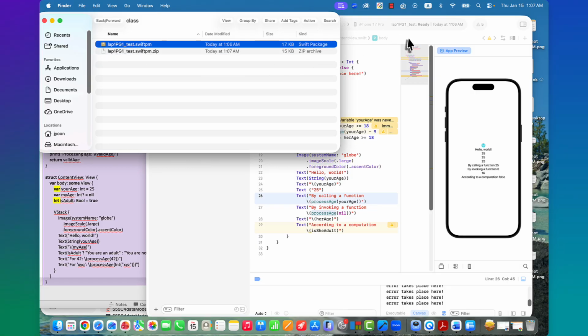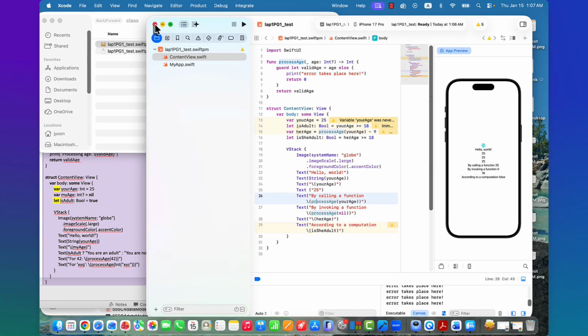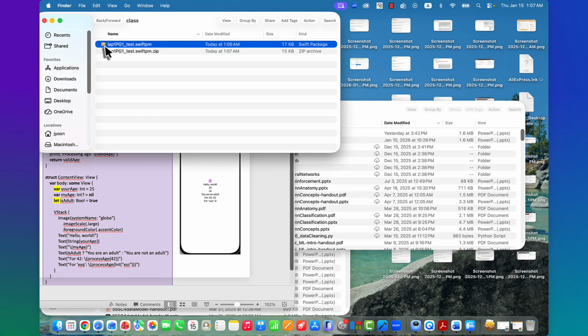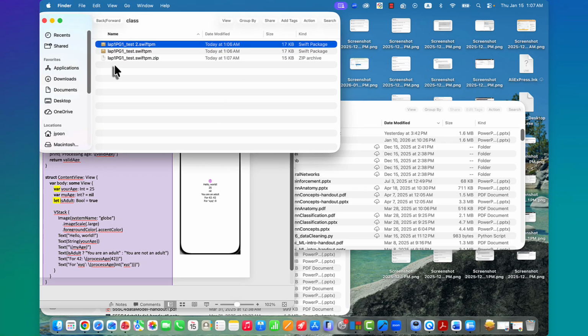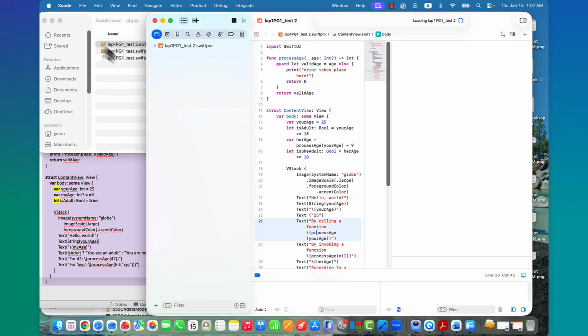Let's see. I want to close this. So when I receive this, I can unzip it. Then I have this, and when I click this, I can see your work precisely, right?